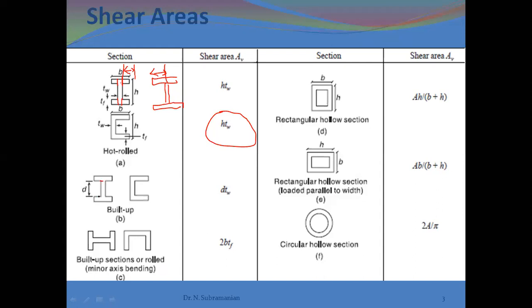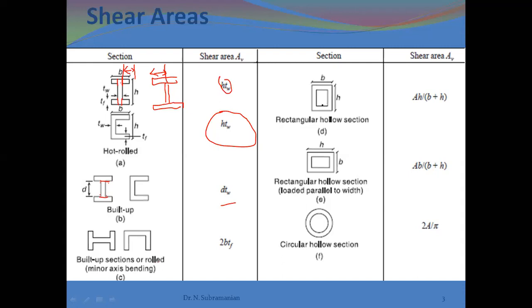This flange and this flange are welded here, right? We do the welding here. So the depth of your web is only at this part, right? Okay, and that's why in built up sections your shear area is d into tw only. That's very important. When you are selecting your section as a hot rolled section, your shear area will be this. When you are taking your design for built up section, your shear area will be d into tw. That's all important. Please try to concentrate on it.